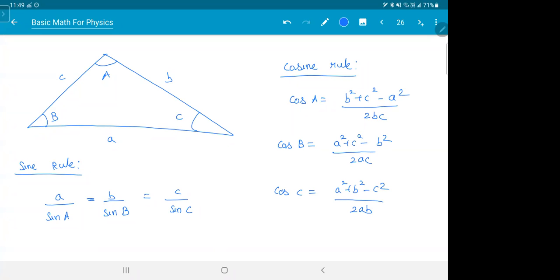So these things are useful when sides are given and angles are given and you want to find the other angles or sides. So this is the sine rule and the cosine rule. Till this much, you should know trigonometry. Whatever I taught you in trigonometry is sufficient for 11th and 12th physics. They won't ask you anything out of this. But in a math course, we have much more than this.